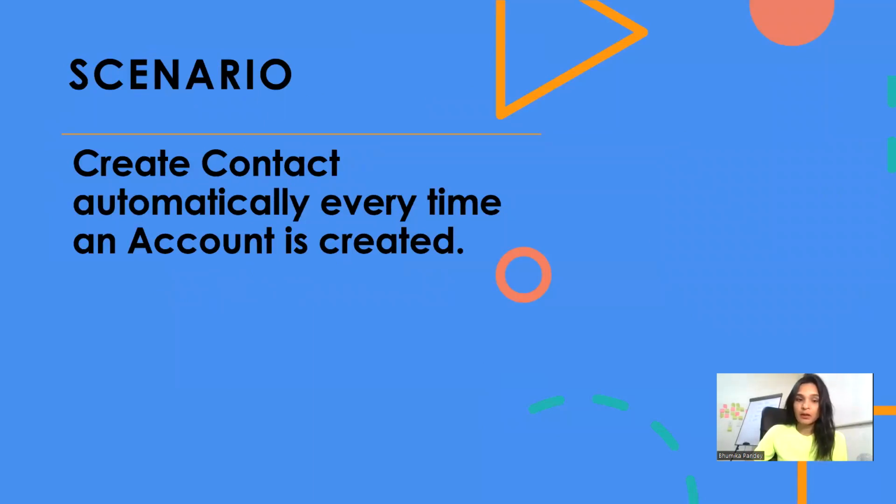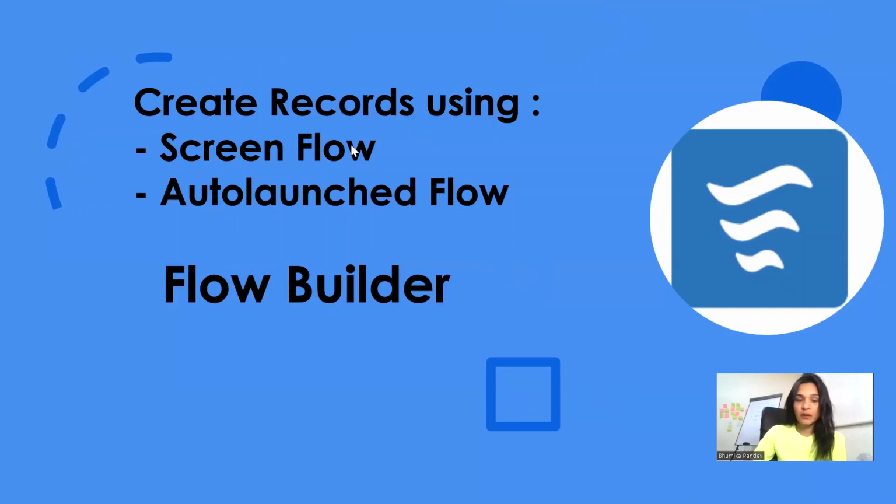So I believe that in one of the previous sessions, I've already covered the ScreenFlow example, that is how to create a ScreenFlow and how to include that ScreenFlow in one of the record pages. But I'm going to cover both the scenarios over here. Right, so let's just get started with the screen flow first, and then we will move ahead with the autolaunch flow. So I'll move to my org,